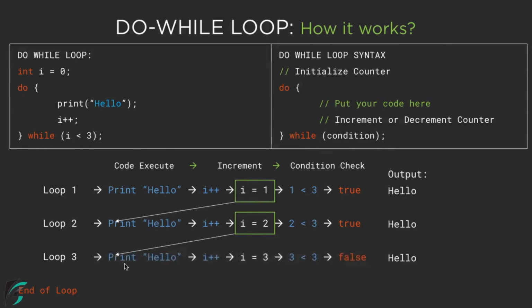So here again print out hello, increment the counter variable to 3, and now in the end of loop 3 we are now having the value of i equal to 3. So our condition here becomes false. So once the condition becomes false, the loop terminates. Perfect, like this. And we are only left with 3 hello in the output console. So this is how the do while loop works in Dart. Perfect.